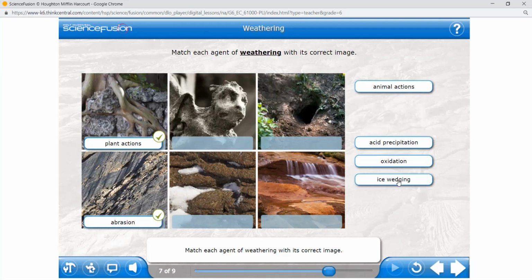Yes, the fifth one, very good. Here, the oxidation changed its color. Dana, oxidation, where the rocks change their color. Where is it? The sixth one. Number 6, the last one, very good.